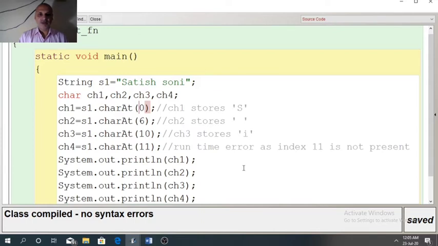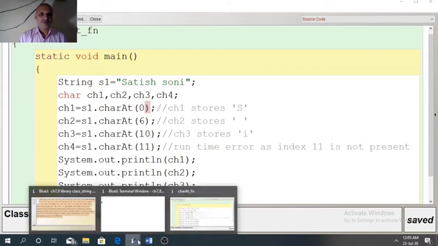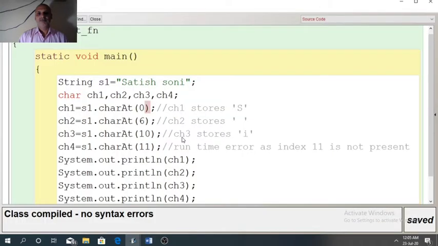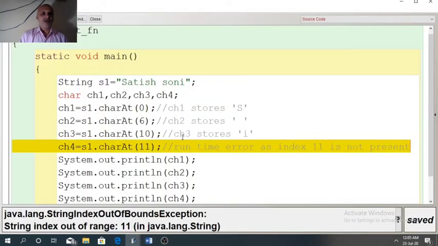But when we run this code, an error message is given at the bottom: java.lang.StringIndexOutOfBoundsException, string index out of range 11.